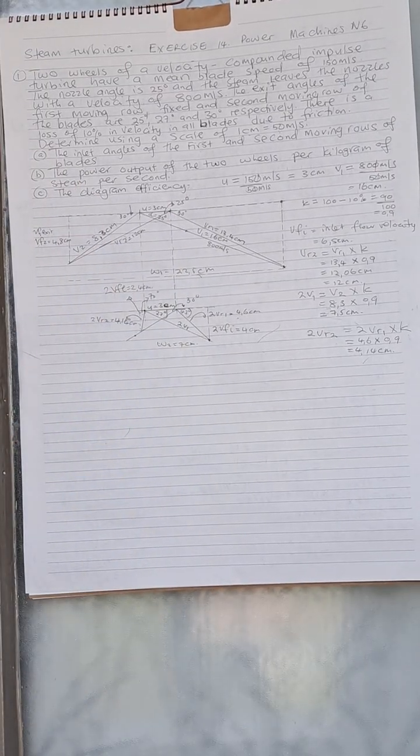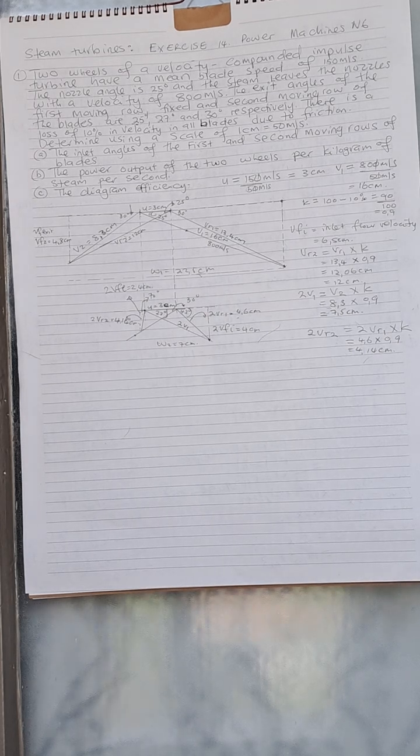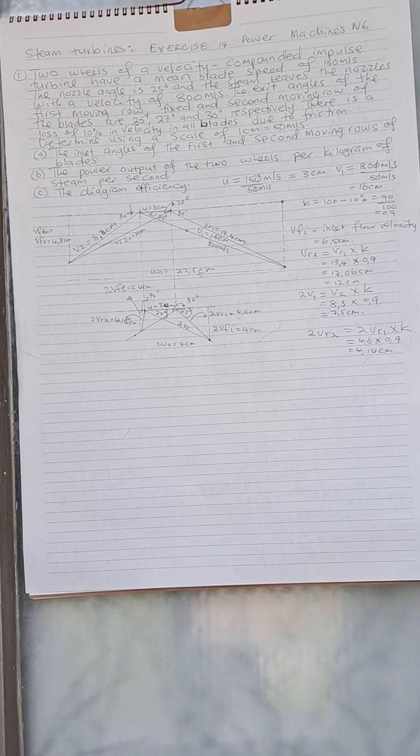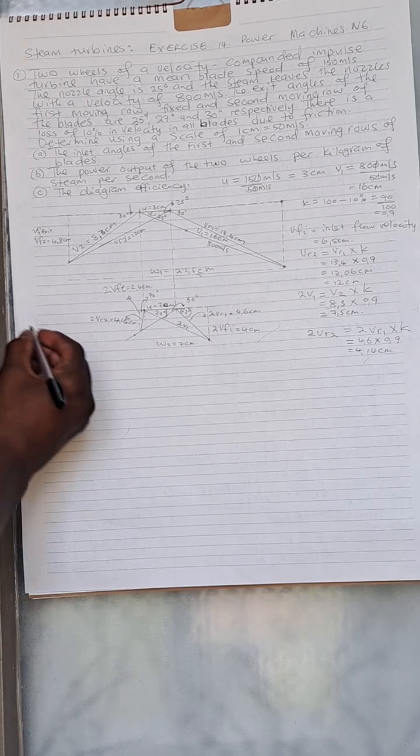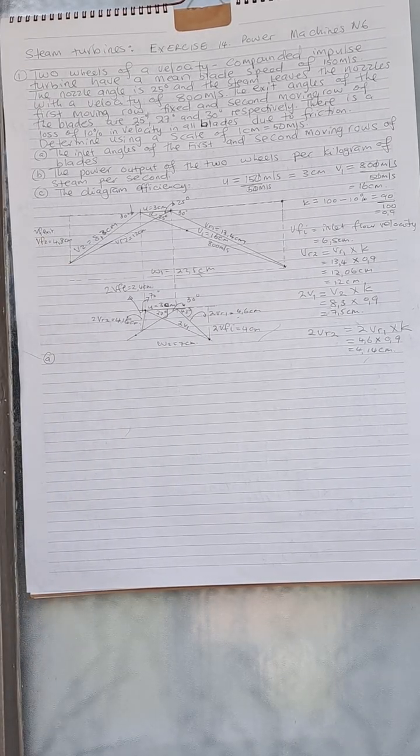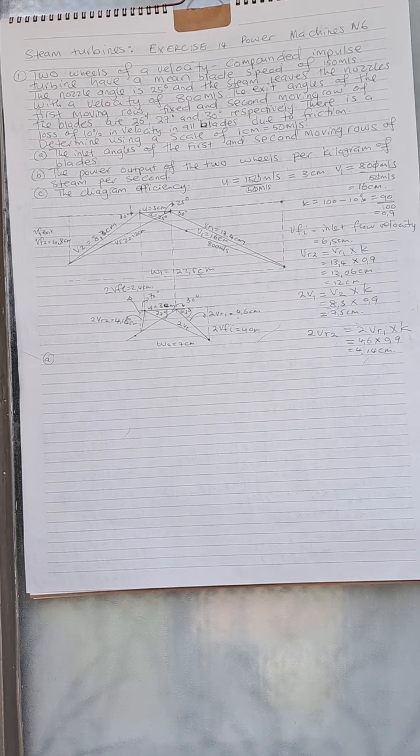So that's how our diagram must look like. That's how our diagram is supposed to look like. So we are done when it comes to our diagram. The only thing that is remaining now is to interpret questions A, B, and C. So on A, the question says the inlet angles of the first and the second moving row. So we need the inlet angle